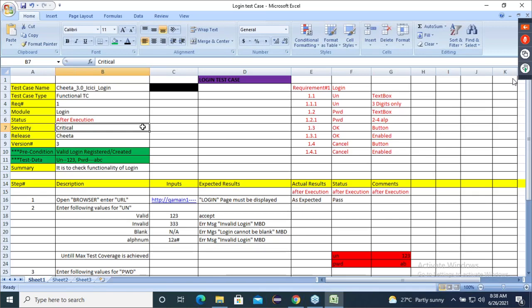See, login is just an example. Don't think that only login needs a precondition and test data. All of you understand that. Never ever think that only login is that. Login is the first example which I have taken, guys. So first of all, have you understood the basic meaning of a precondition and test data? Have you understood the basic meaning?